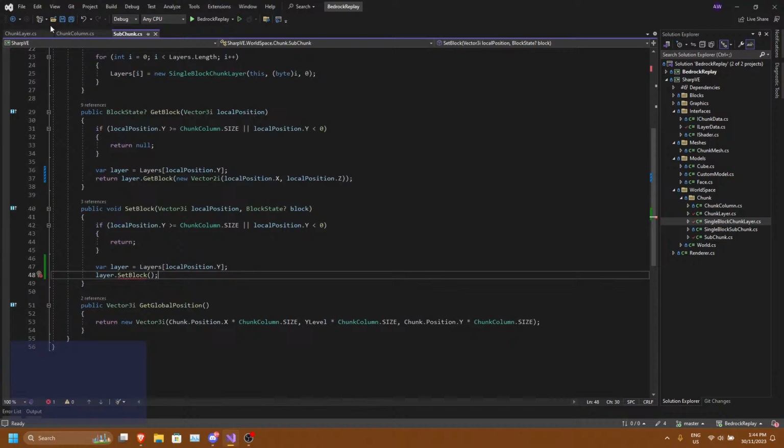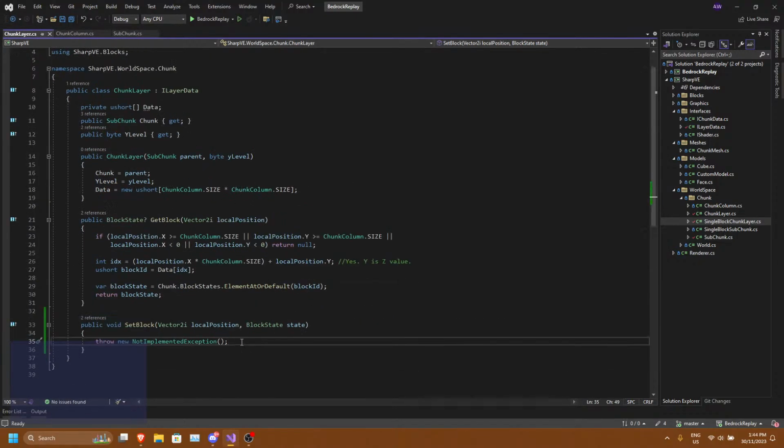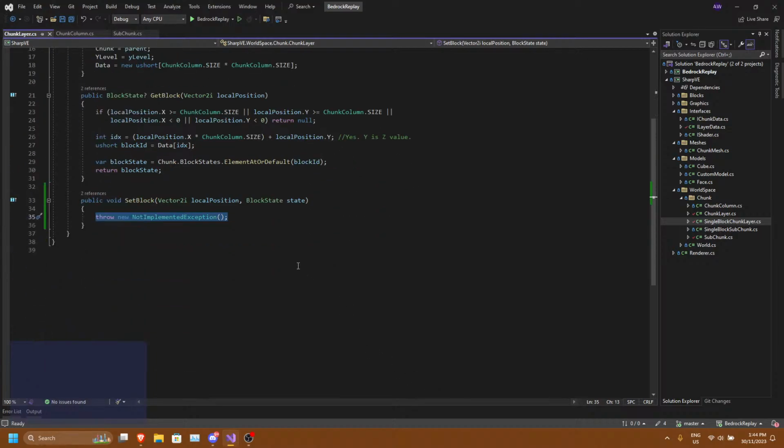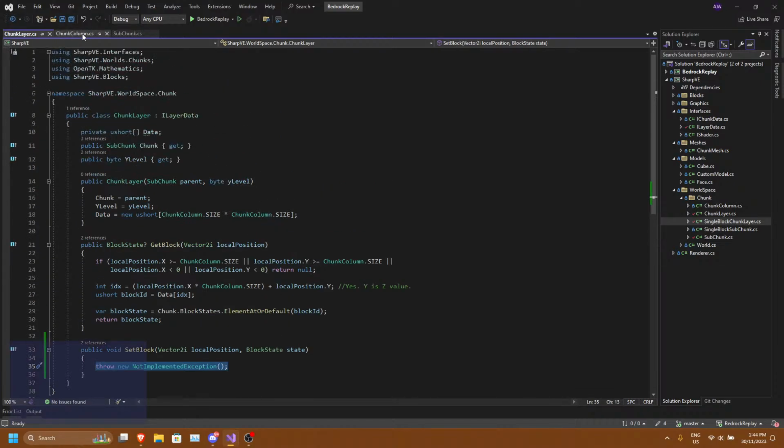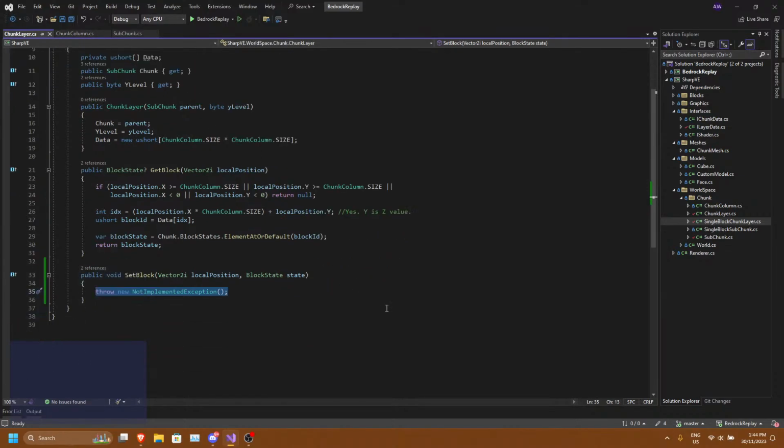So in here, how do I do it? For int i equals 0, i lower than chunk.block states.count, i plus plus,